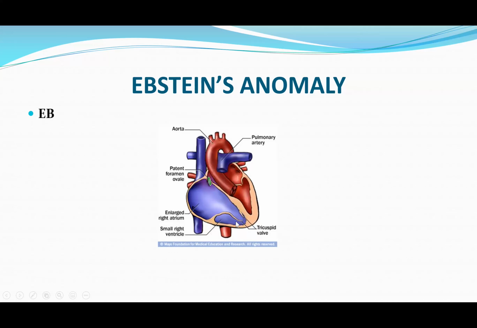So these two leaflets cannot come together, so it leads to severe TR. And about 50 to 70% of these patients can also have secundum atrial septal defect. And there is also a high incidence of accessory pathways. So they get WPW. They get both manifest accessory pathways or concealed accessory pathways. So that's Epstein's anomaly. And it can lead to heart failure, failure to thrive. And when this is